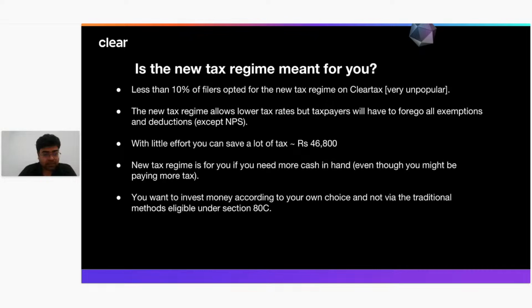Now, having seen the tax saving instruments and tax saving expenses, let's try to understand the antithesis of all these things. That is the new tax regime. Now, the new tax regime does not allow you to take any benefit of these tax saving instruments. However, it gives you the benefit of lesser rate of taxes. But we, in our experience, have seen not many people opting for the new tax regime. Why? Because